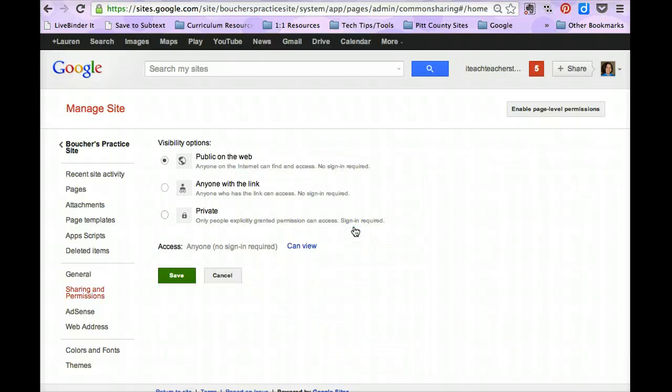blue link and click change, and here are your options for your site. It can be public on the web, meaning that anybody can search and find your site. The next one, anyone with the link, means that anyone who has the link can access your site without having